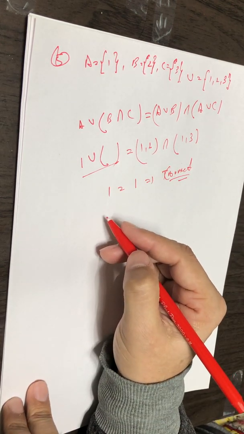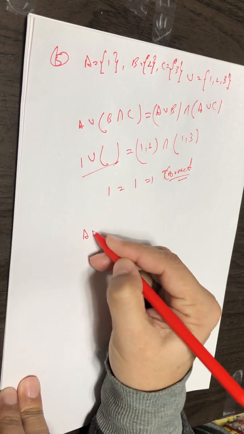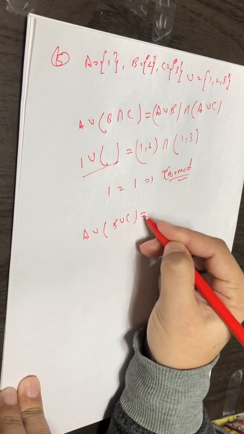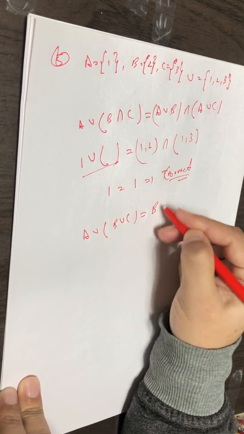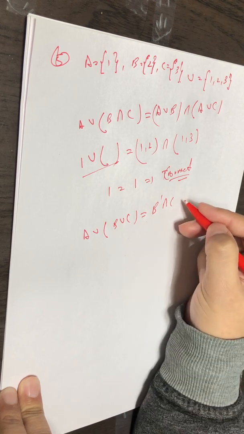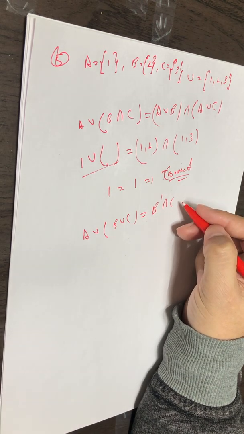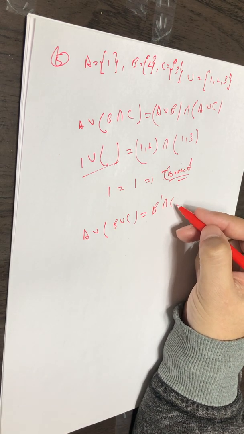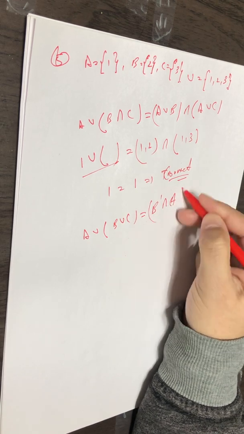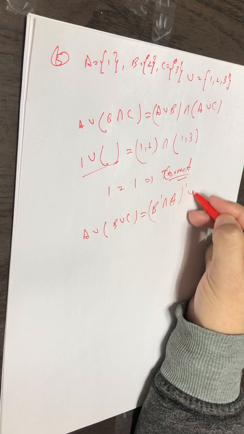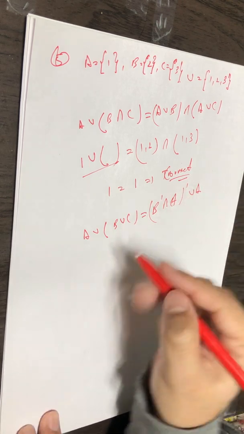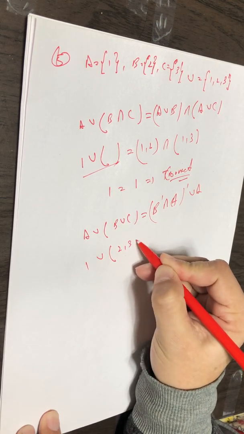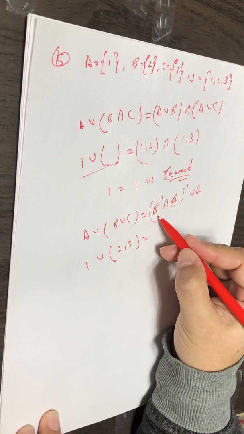Okay, similarly we can check B, that is A union (B union C) is equal to (B prime union A) whole prime intersection A. So A is given as {1}, B union C is given as {2, 3}, and B prime will